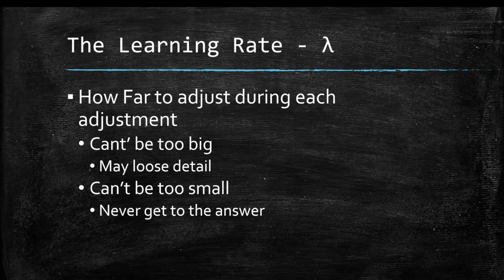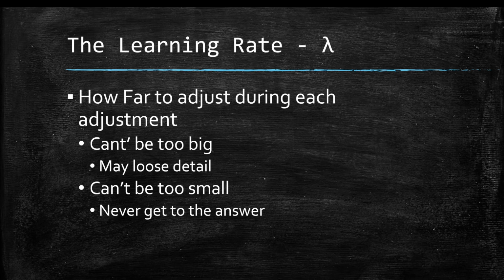We also set here what a learning rate was. That means how big do we want the adjustments to the weights to be. Now, the big concern of adjusting these weights: if you set them too big, then it's very possible that you could lose detail or you could overshoot the final result. And if that learning rate, or how much you adjust each of the weights, is too small, then you might not ever actually